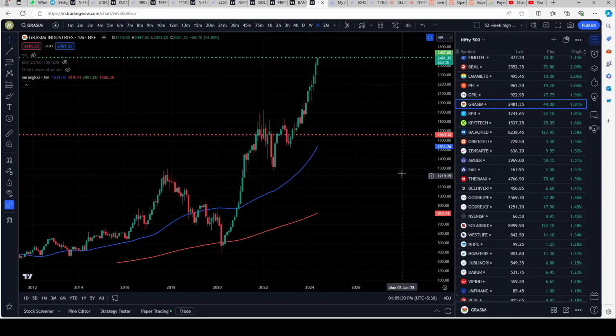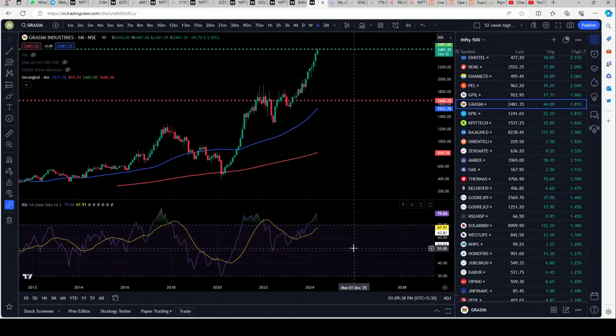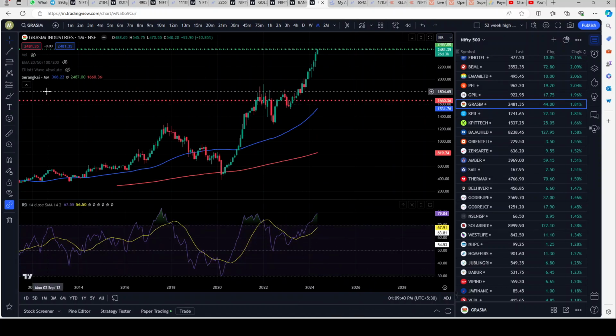When I look at Grasim, it's currently doing a 52-week high. Maybe it's at its all-time high. Then I look at the RSI. RSI also I see is above 70. Then the next thing that I use at times is the Elliott wave. There is an indicator